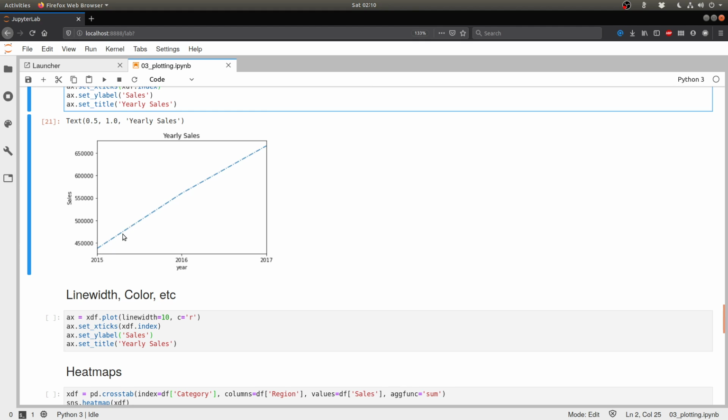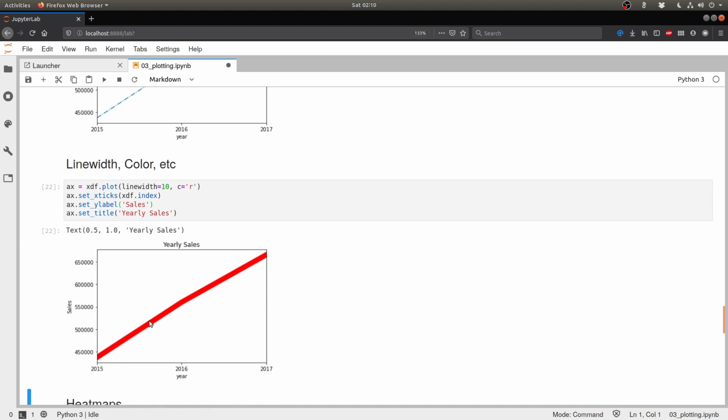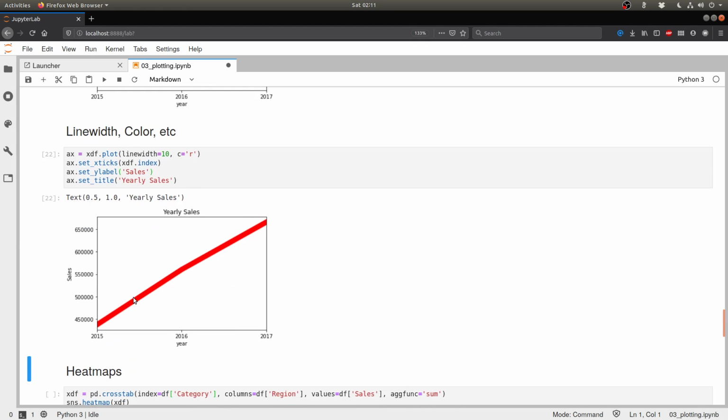Now you can also adjust the color and the width of the line. So you see that this is the default width of the line. You can simply say that I want my line to be 10 pixels wide. So for that, I can use an argument called line width, and I want to say that my color needs to be red. And when I run this, you see that my line is a lot thicker. The width of my line is now 10 pixels instead of the 1 or 2 pixels that was over here. I have a line that was fairly large, and now it's colored in red.